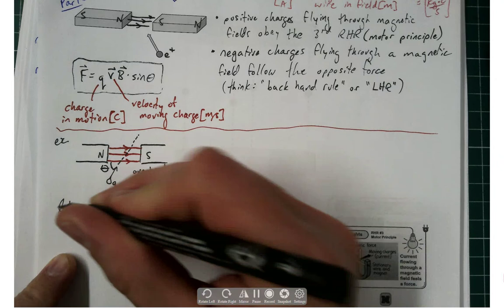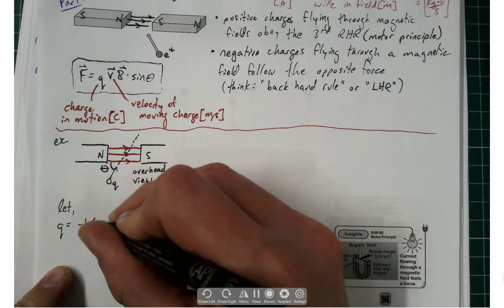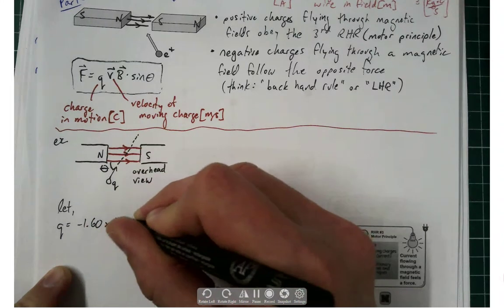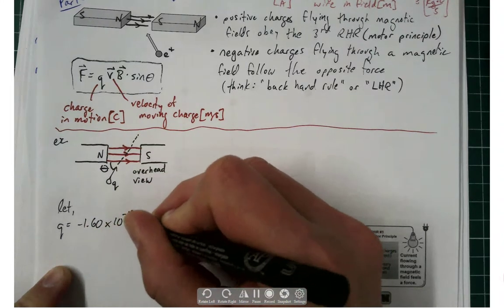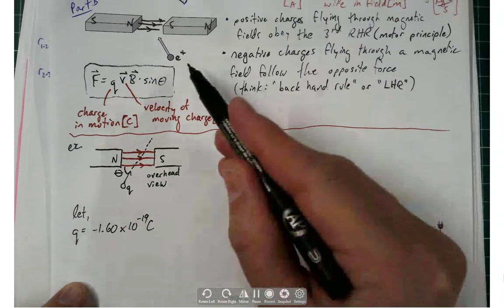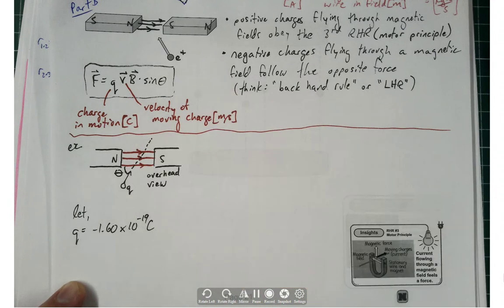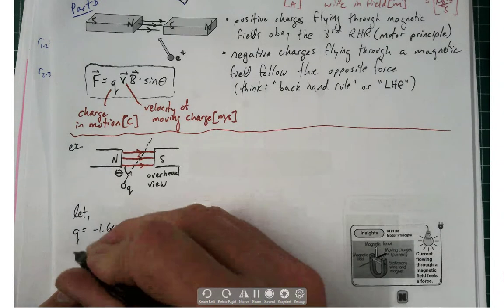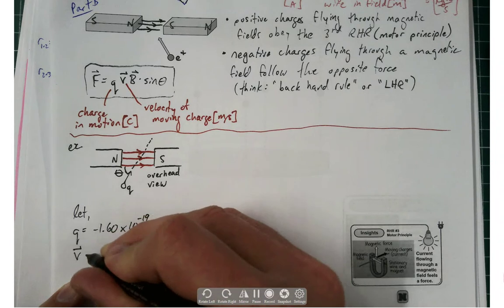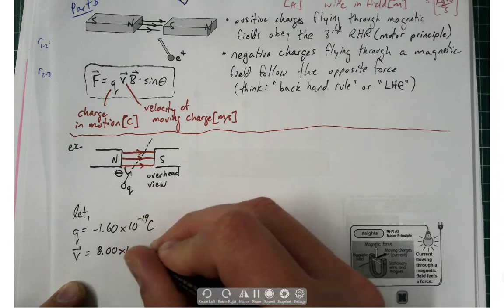And I want to let Q equal negative 1.60 times 10 to the power of negative 19 coulombs. And so I'm going to jump right to it. I'm going to get into the dirty business of not using a positive charge, but using a negative charge right away. So we're going to have to deal with that backhanded rule right off the bat. We're going to say that it's flying through space at a pretty good clip, 8.00 times 10 to the power of 4